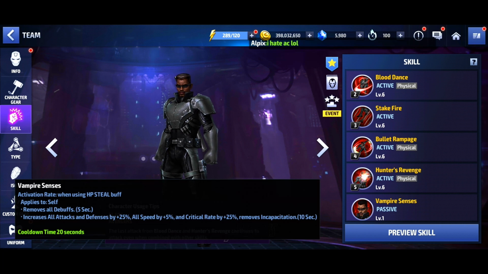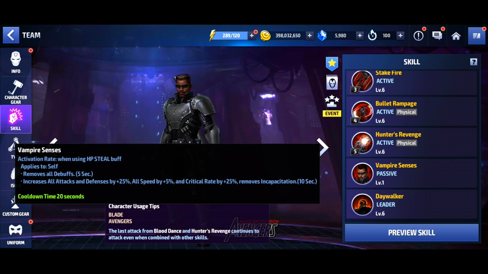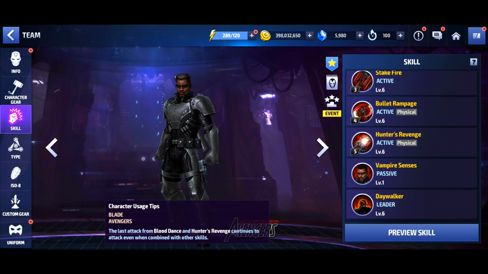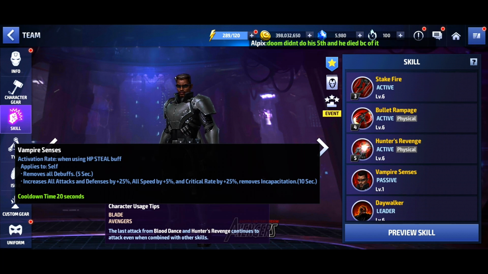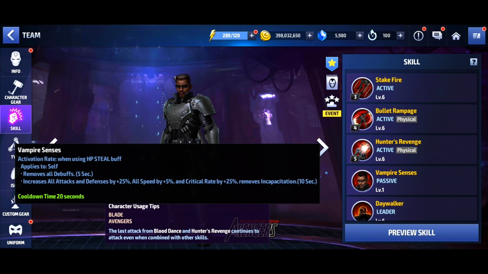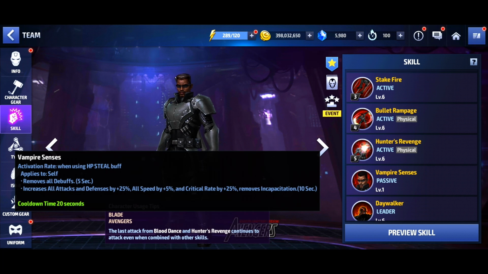only activates when you are using the Daywalker leadership. When you have the HP steal buff active, which he can only steal HP if you use his leadership. So this passive right here, whoever coded it in, they're an idiot, okay? And I said this before and I'll say it again. You're an idiot because, even in the video that they released showcasing Blade, they were not using Blade with his leadership, which means you're never, ever going to get this kind of passive to activate in a content